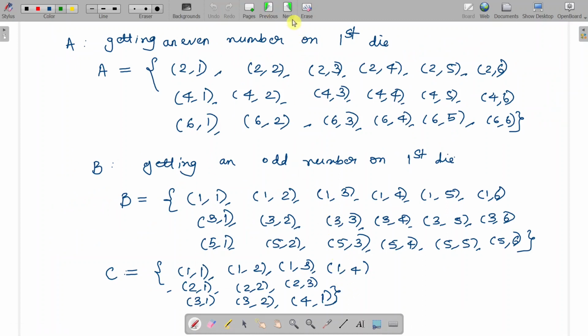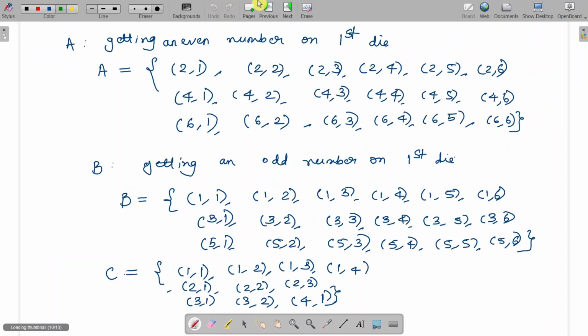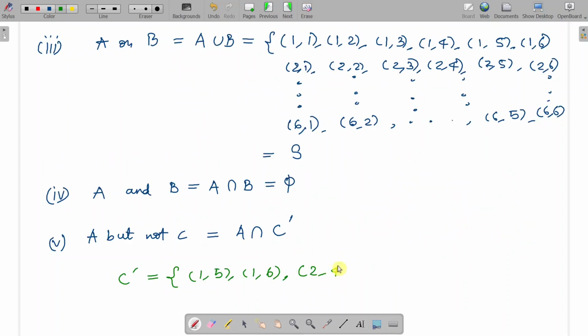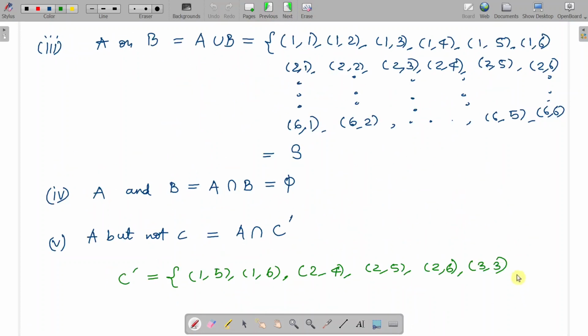So, it will be 1 comma 5, 1 comma 6, then it will also consist of 2 comma 4, 2 comma 5, 2 comma 6, then 3 comma 3, right, outside the set C. So, 3 comma 3, 3 comma 4, 3 comma 5, 3 comma 6,